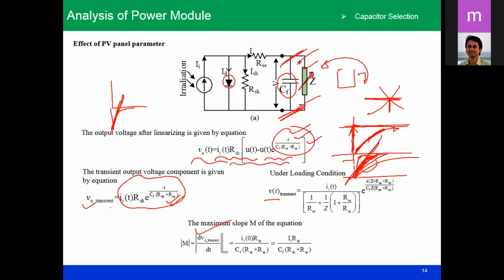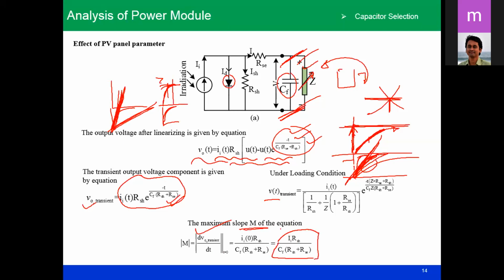From this transient equation, you can get this value of m. And you see, interestingly, this m value, what you actually want is that the m value, or the slope, should be as high as possible. That means it should not be in here, it should be in this particular position, so that the transient decay will be fast, and the capacitor voltage can track the new value in a much lesser amount of time, so tau. After doing that, I am getting this equation.